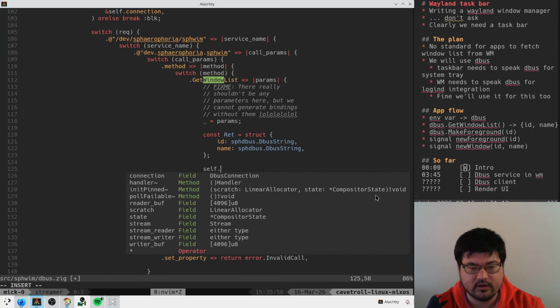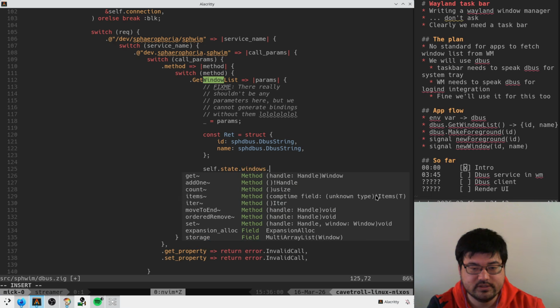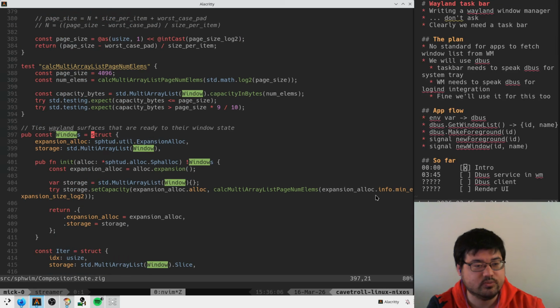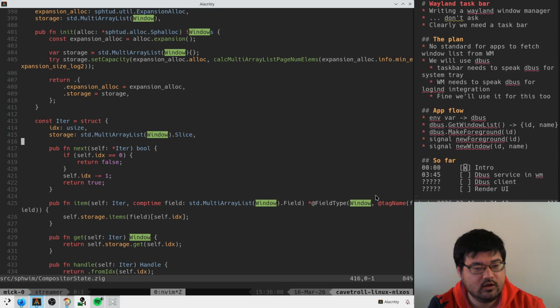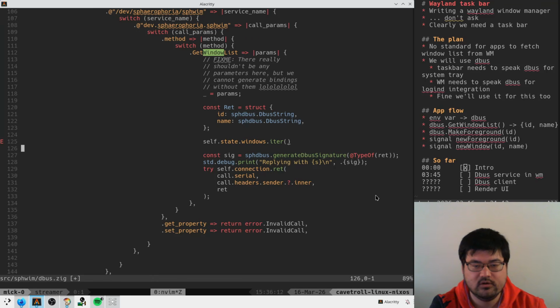So I guess we're looking at compositor state, Windows. And Windows is just Windows. Okay. Who has an iterator? So I guess we do this. We probably are